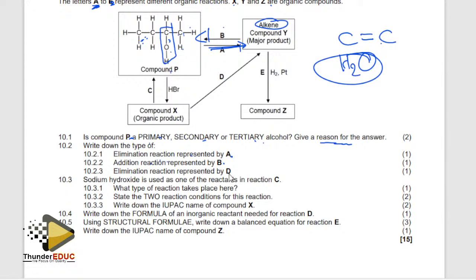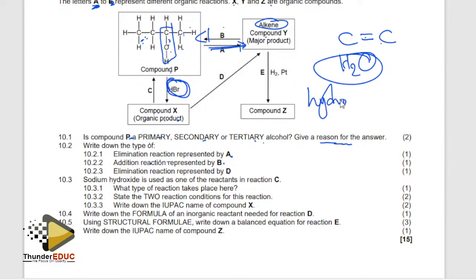Where is D? Elimination from this to this. So this is the alcohol. If I add hydrogen bromide here, it forms that. So what does it mean? It means that I've removed the hydrogen bromide here, and then I've formed this. So what reaction is that? It is dehydrohalogenation, because I'm removing the